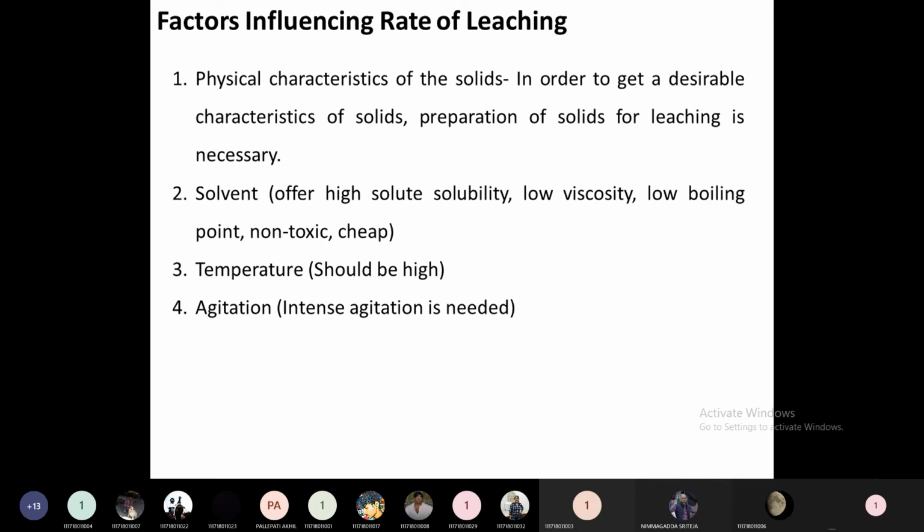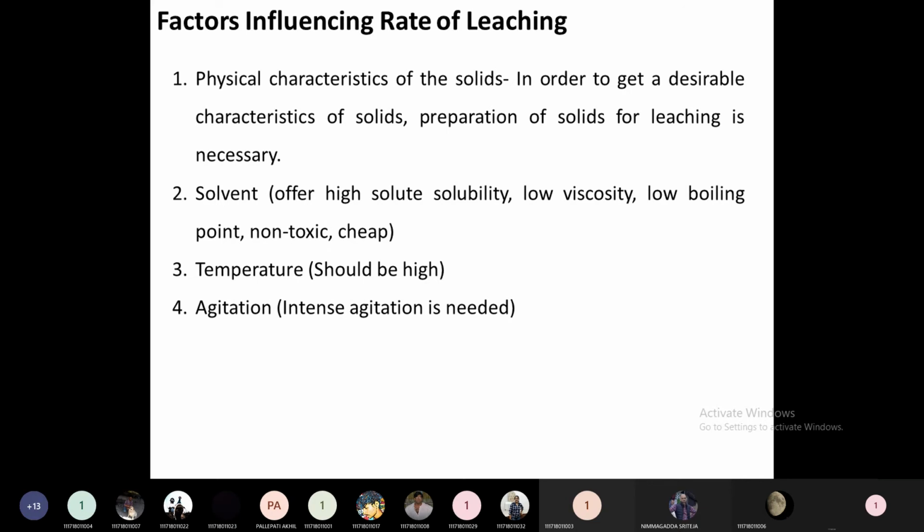So in that case, the type of solid will also play a major role. Whether the solid is a heat sensitive material, in which case we have to lower the solvent temperature. Whether the solid is reactive with our solvent. We have to take all these factors into consideration. Though the reaction will increase the leaching rate, the desirable soluble constituent cannot be extracted by the reaction, so leaching is usually considered without reaction.